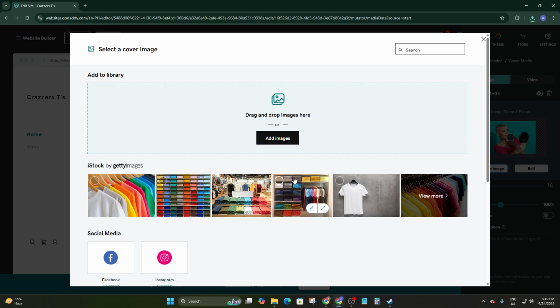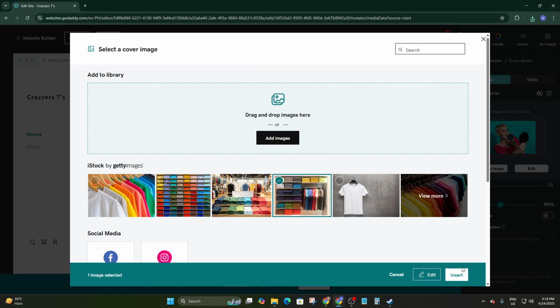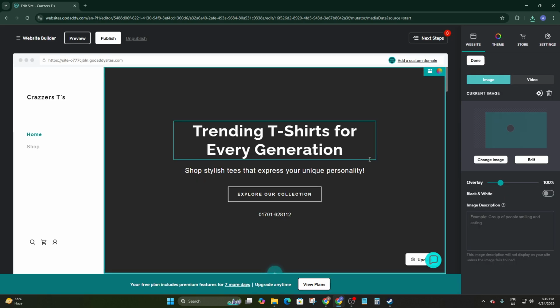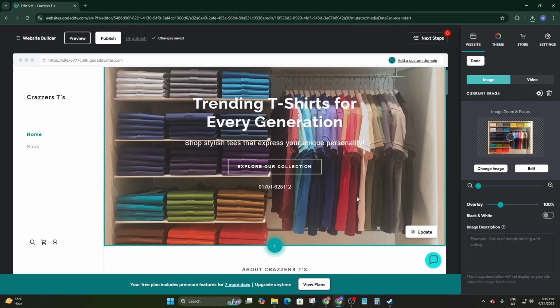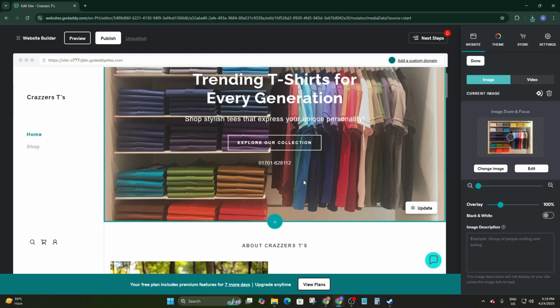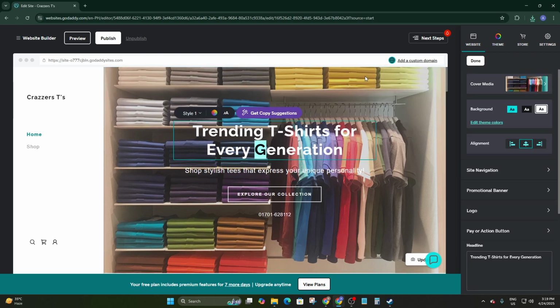So I'm going to add this image. Yes, now click on insert, and here you can see it has just added that image here just like this, and it's pretty much cool right now. So now let's